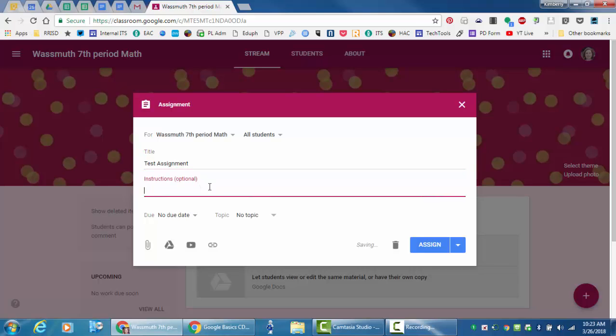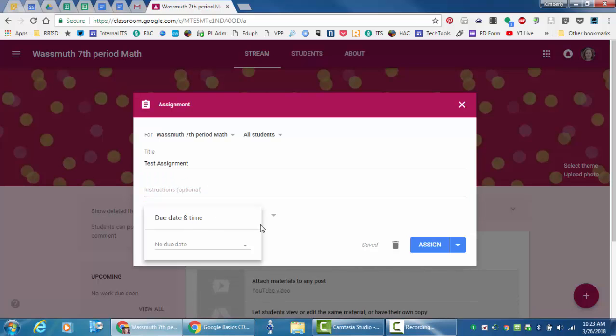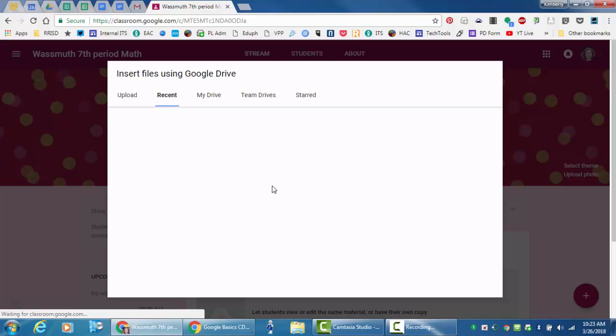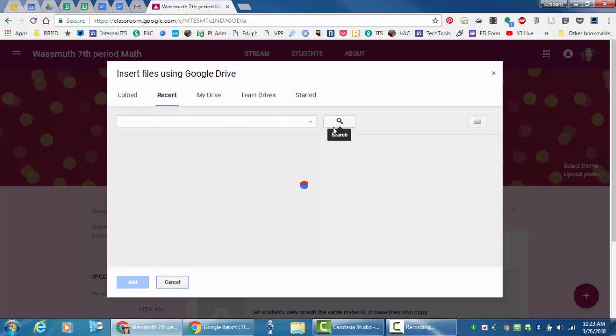I can give instructions. I can add a due date and a due time. I can add a topic. I can add links to things. And if I add something from my Google Drive, so for example,